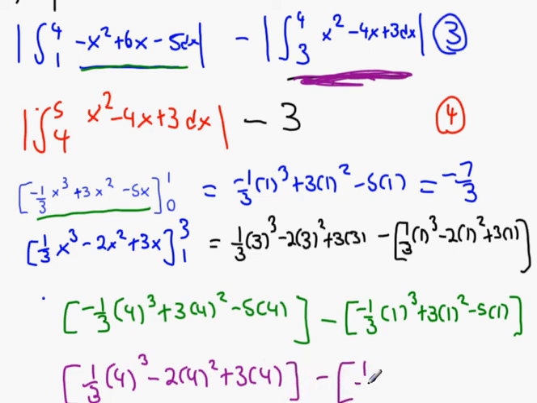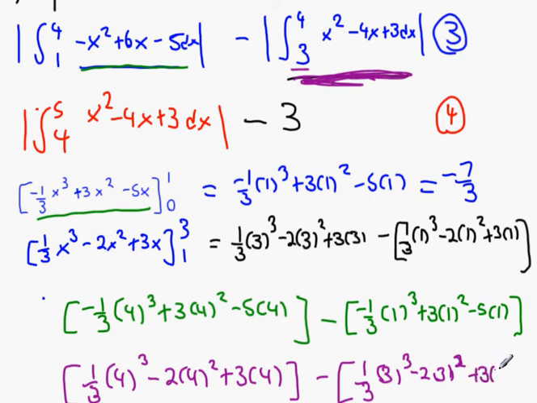So minus a third times 1 cubed. Oh wait, I'm getting mixed up now. Minus 2 times 1 cubed. Is it 3? Yeah, sorry, 3, because it's 3 up here. 3 squared plus